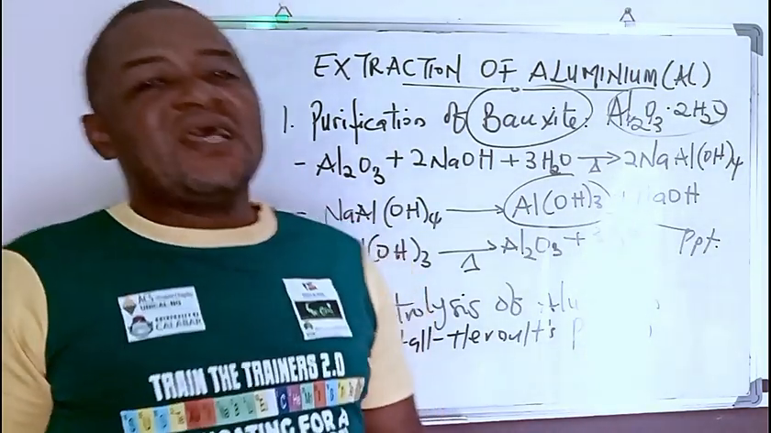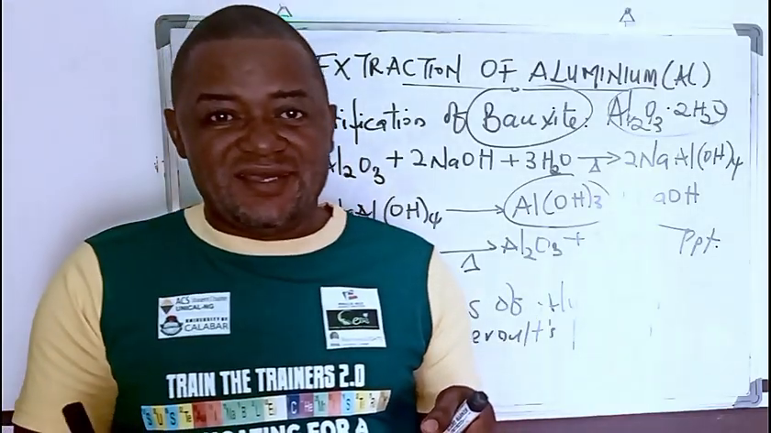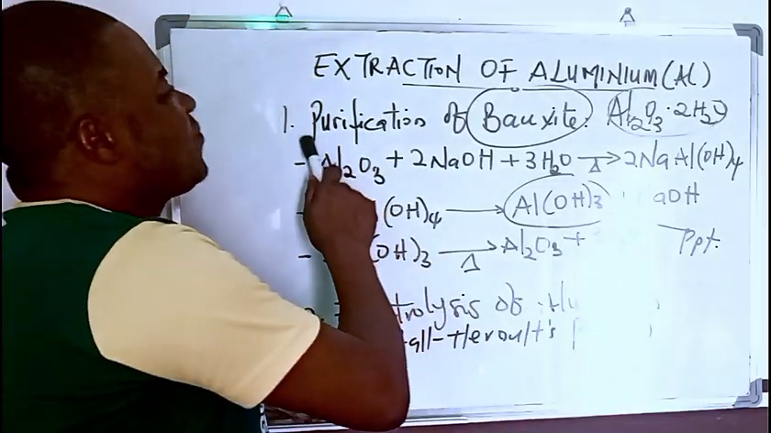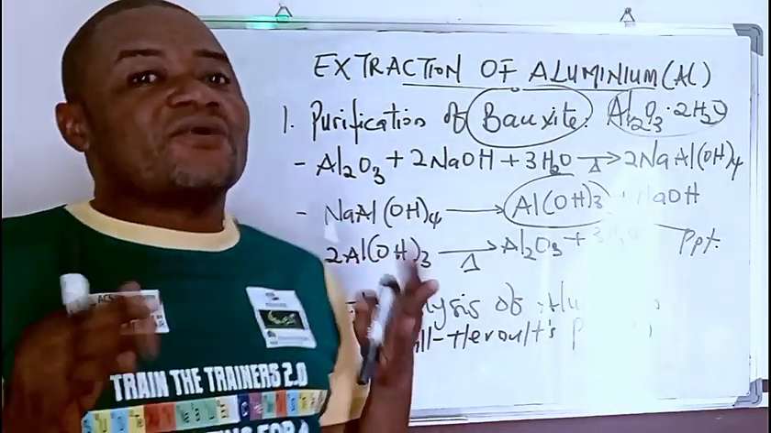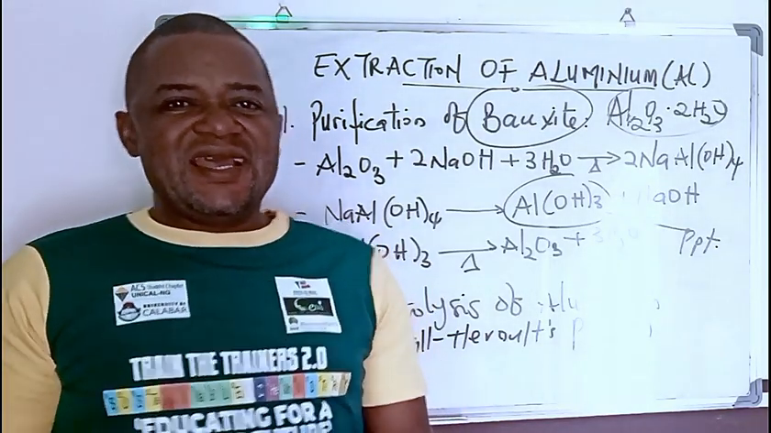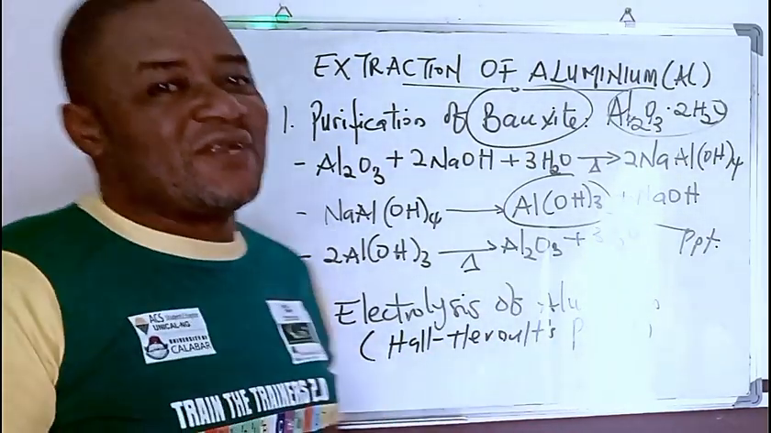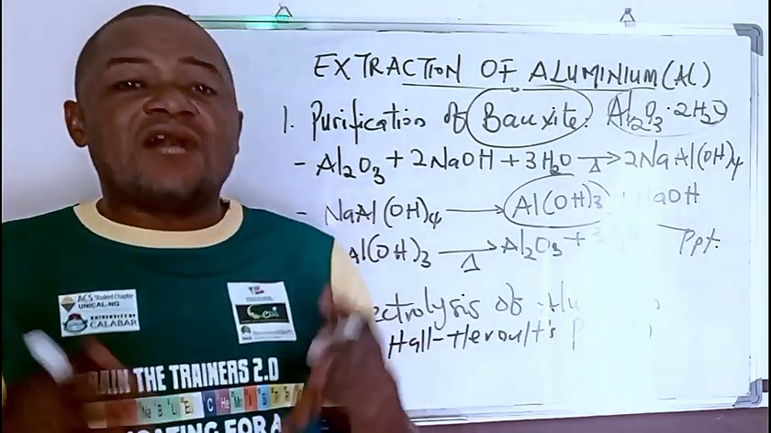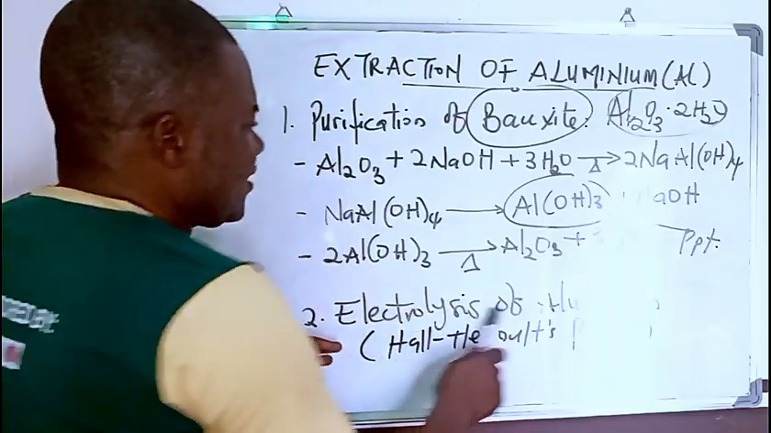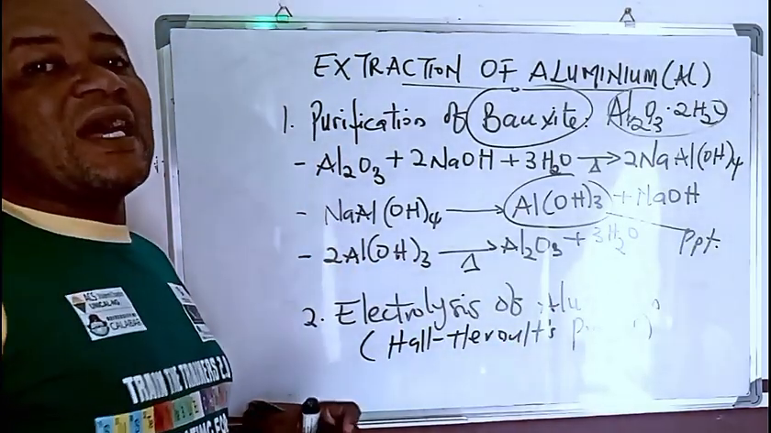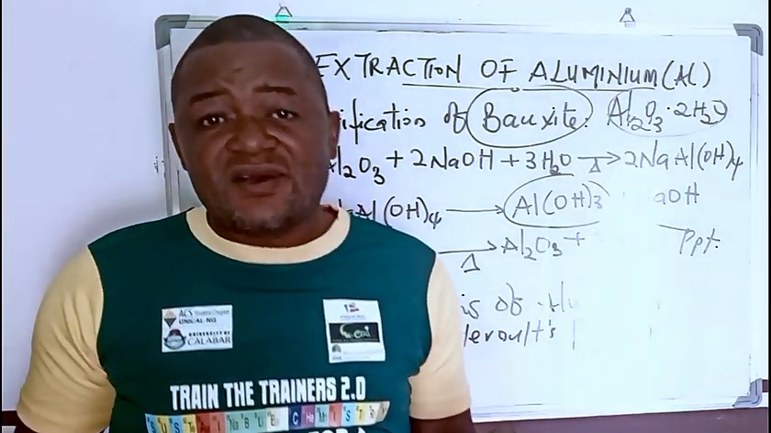Extraction of aluminium. Aluminium is extracted in two principal ways. One of the ways is the purification of the bauxite, which is actually the ore of aluminium. The second way is by electrolysis of alumina, which is the aluminium oxide,